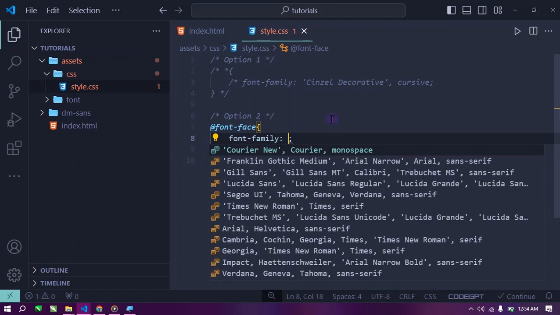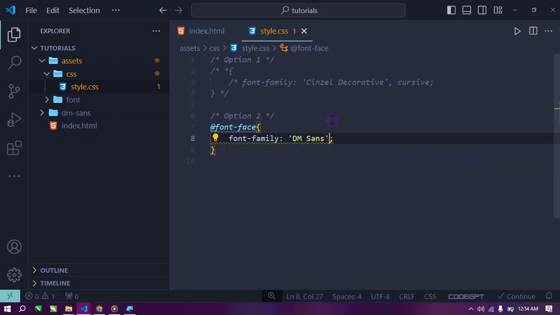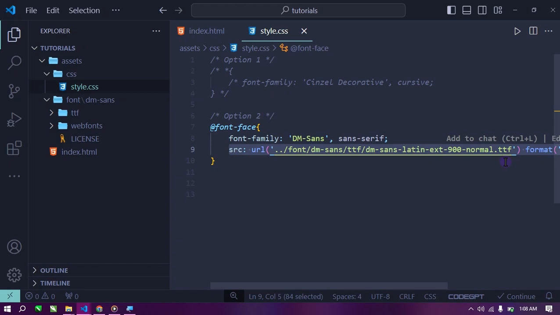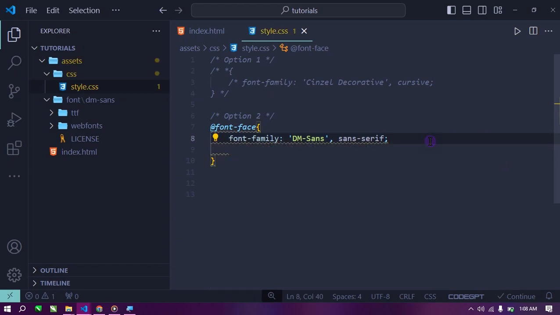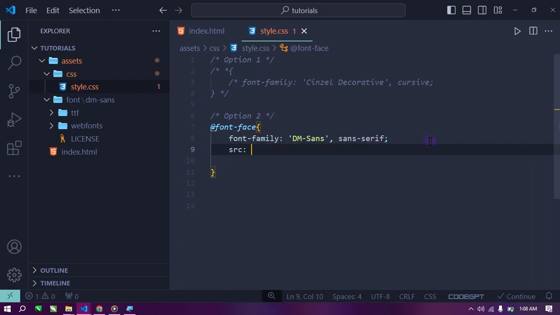I want to use a font that I just downloaded now. We'll call it DM Sans. And then I'll put a comma, sans serif, in case it doesn't exist. And then I want to write my URL, the address. And now for font face to work, we need to specify the source where it is going to find the font that we specified here. So I will specify the source, and it's going to look for the URL,